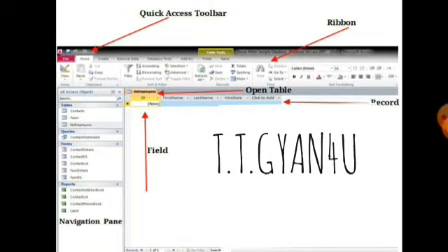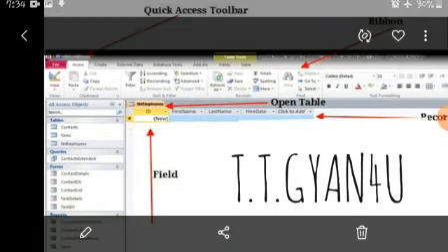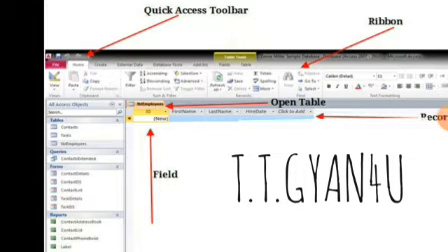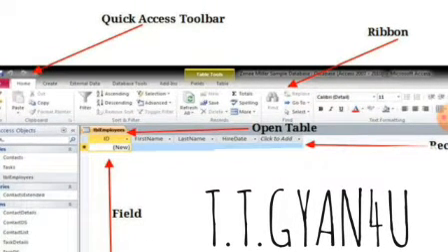Now next is the quick access toolbar. You people are very familiar with this word. The quick access toolbar is a toolbar which provides those tools which we use frequently again and again in a document. All those tools are available under this drop down button. Next is the ribbon. You can see here the ribbon, with all these small icons.